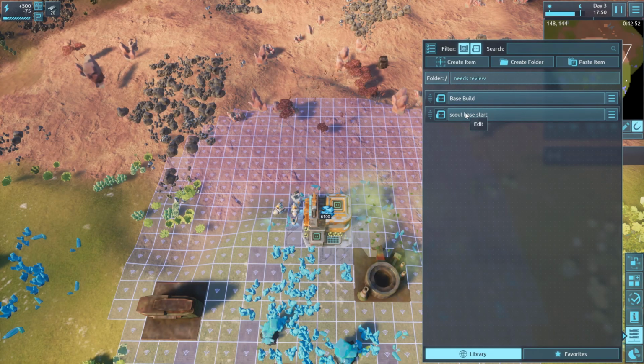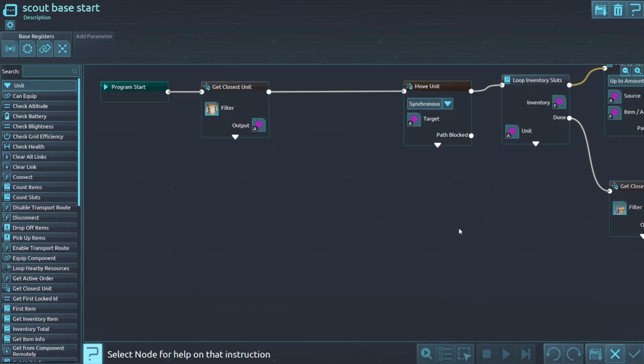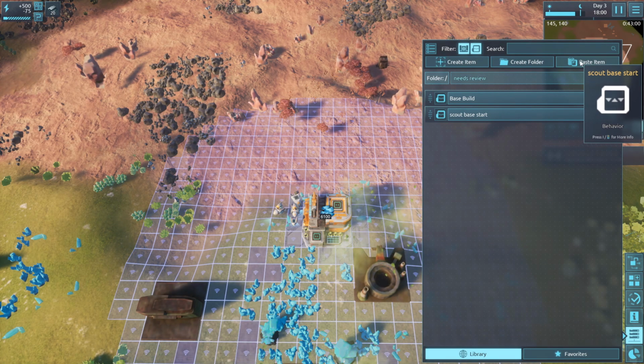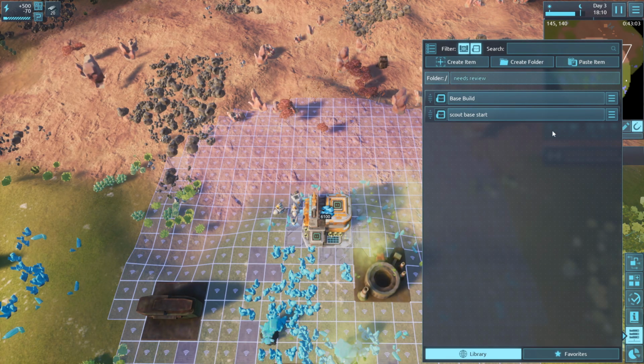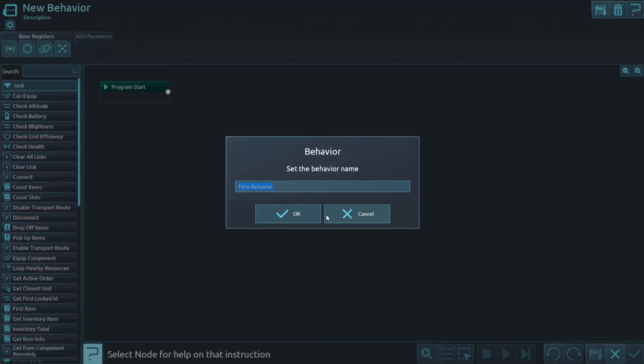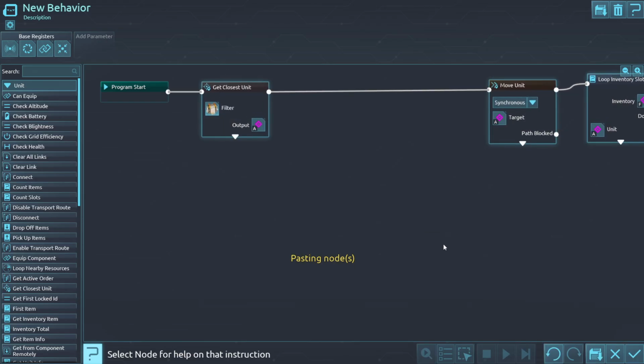That string is all of the stuff that's in this particular behavior. This paste item is really important because if I create a new behavior here, go into it, hit OK, press V and paste this on here,